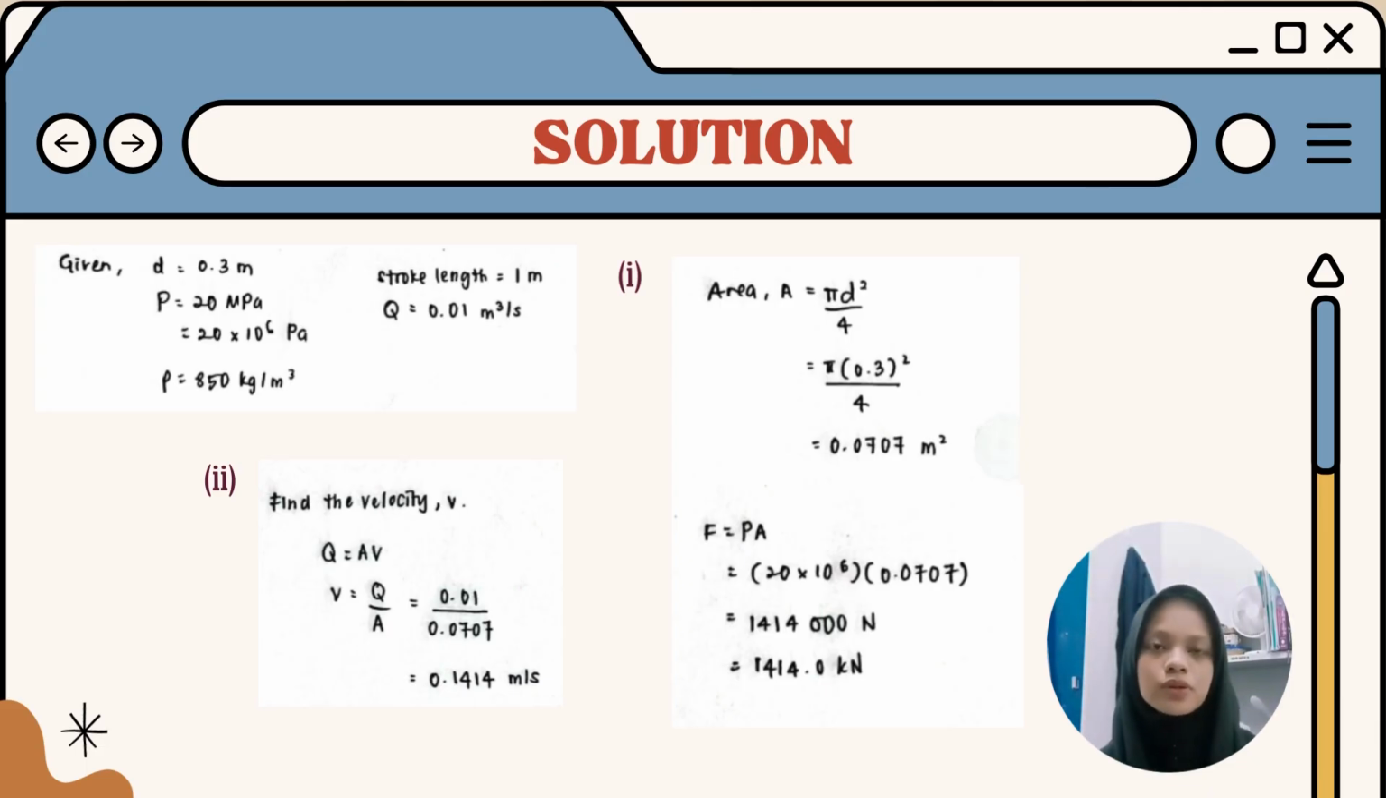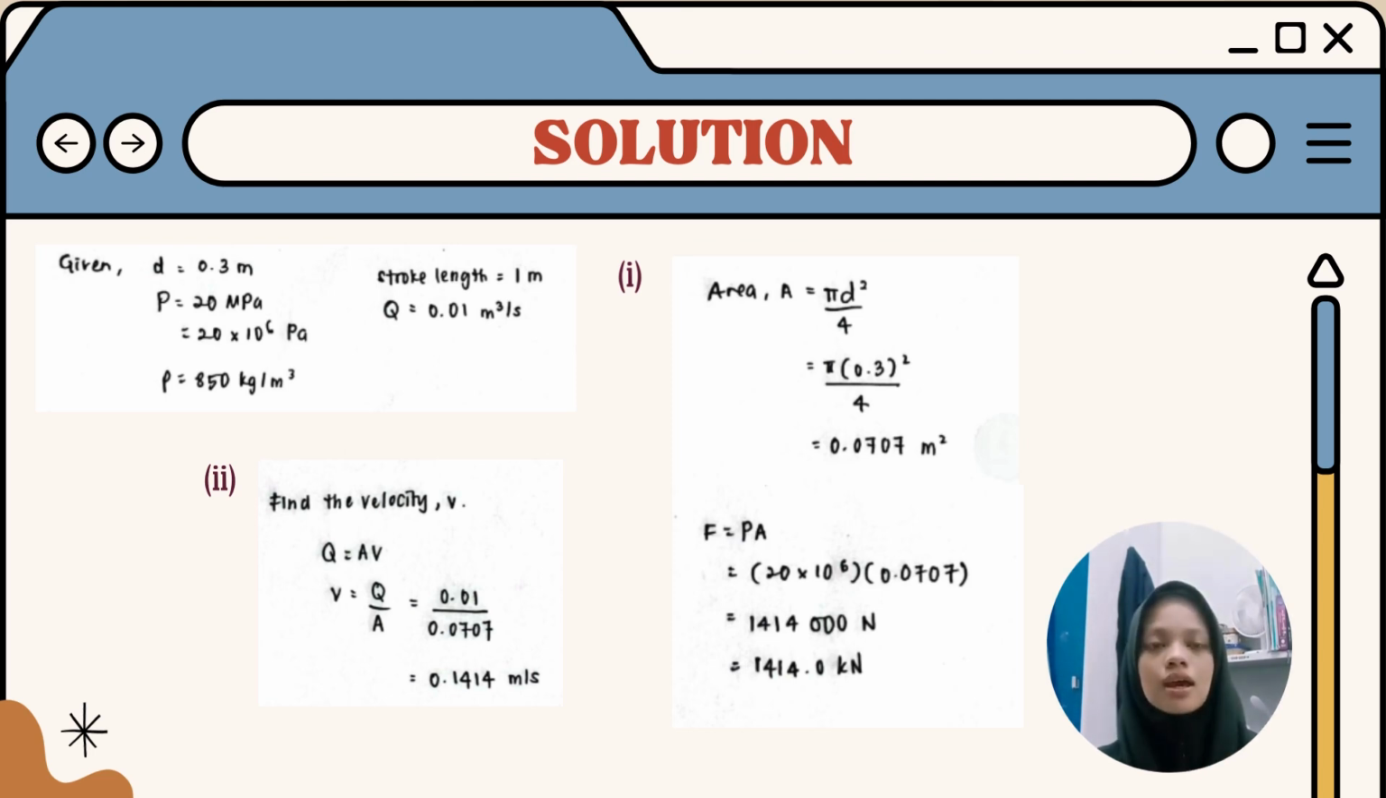Okay, so for the first one, we need to list out all the parameters. We have the diameter, the pressure, the density, the stroke length, and the Q. First, we need to calculate the force exerted. We calculate the area given A equals pi d squared over 4. We enter all the parameters and we get 0.0707